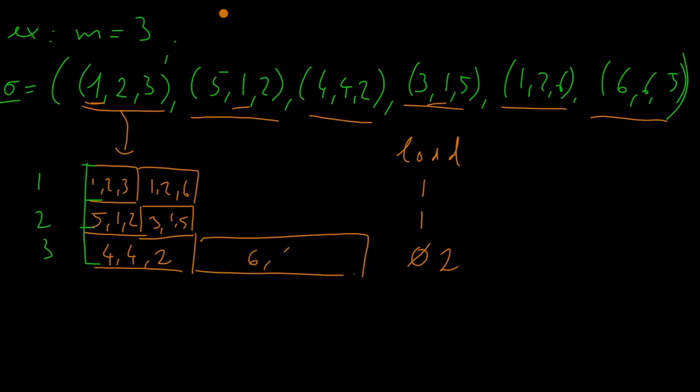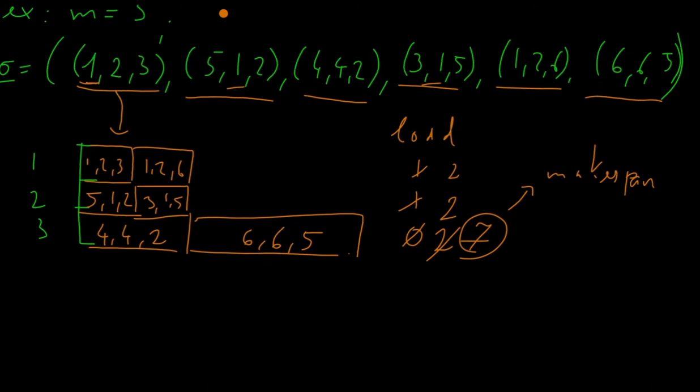I forgot to change the loads, so we have a load of 7, and this will be the makespan in this case. Now it might be optimal and might not be optimal,